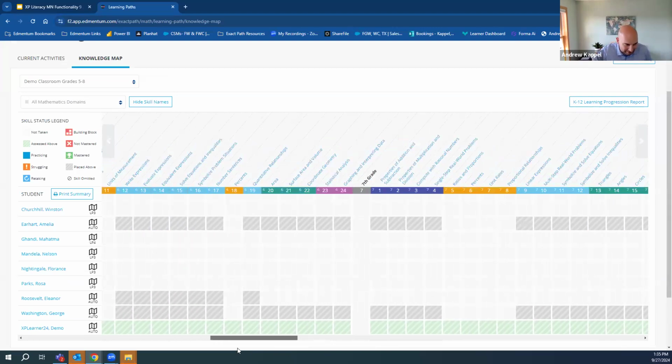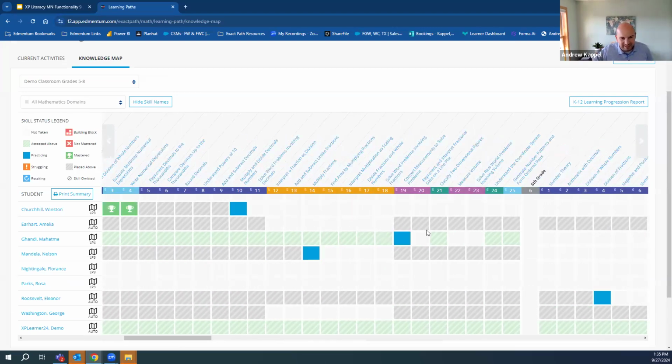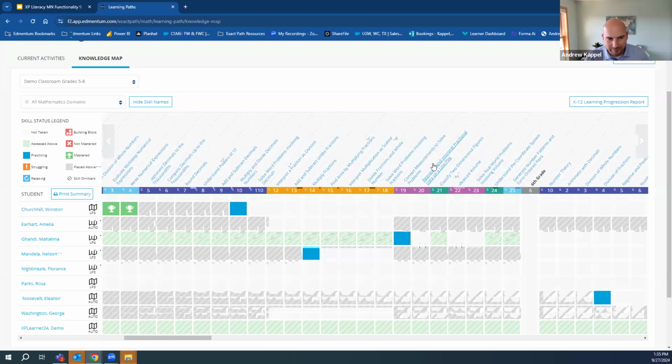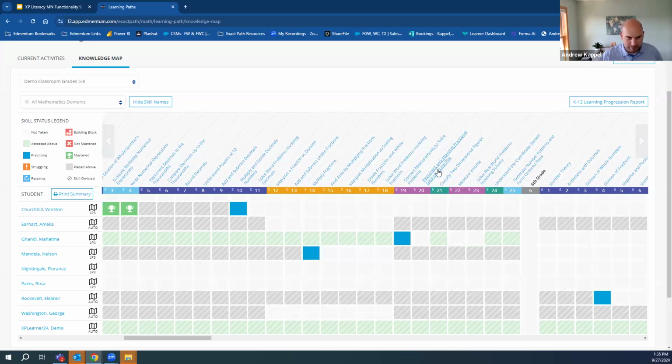I'm going to go back to a student here that has some gaps. Like here, with this student, we might want to go back and look at converting measurements and representing and interpreting fractional data on line plots. So really that measurement piece back here is maybe a skill that's holding them back from accelerating at a 10th grade level or on 10th grade content that you would need to know.